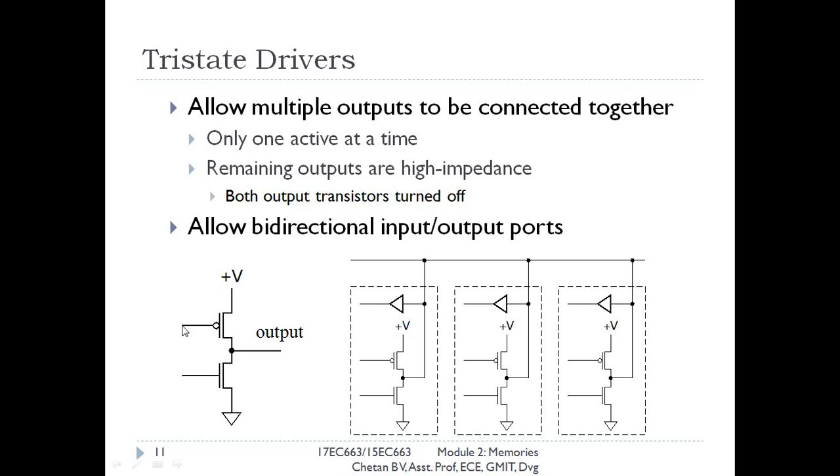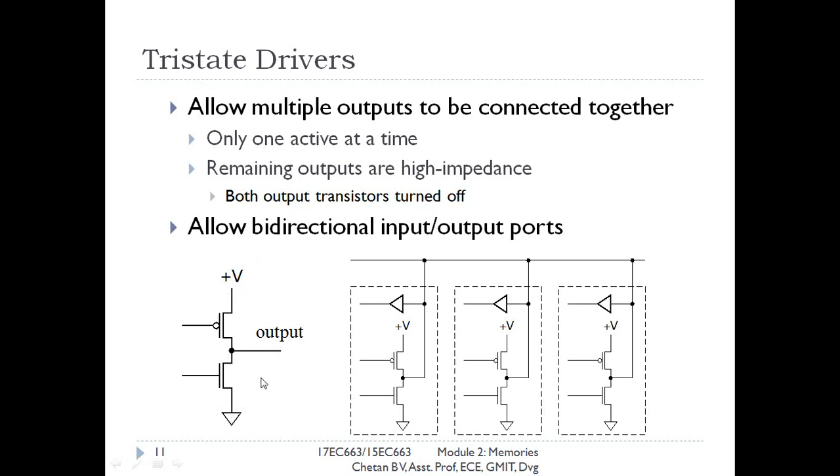So if you apply 1 to this PMOS transistor and 0 to the NMOS transistor, you can isolate this output terminal from the positive supply as well as ground. Under that condition, the output terminal will be in a state called high impedance, that is capital Z.